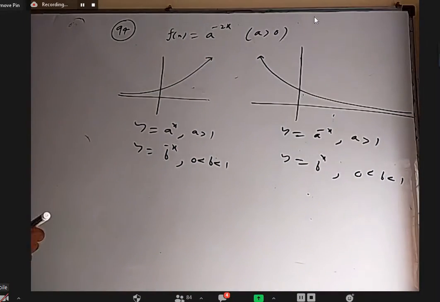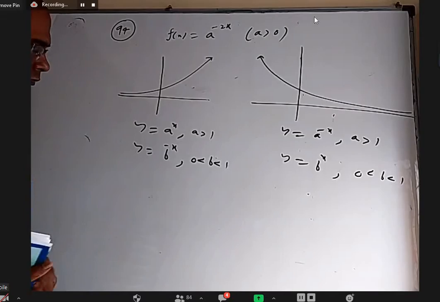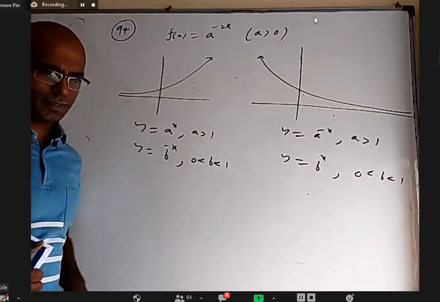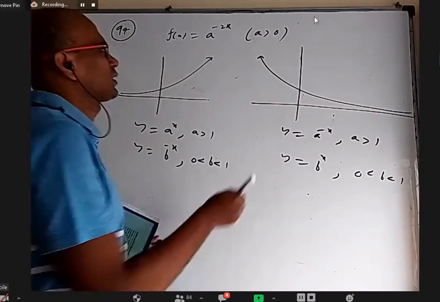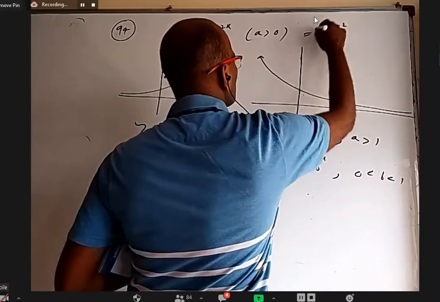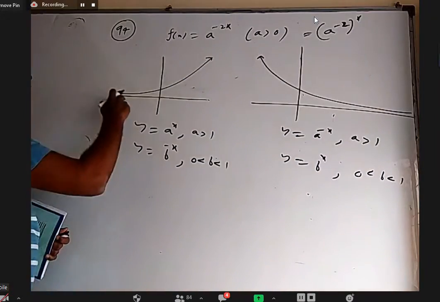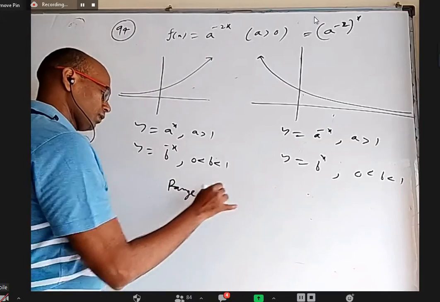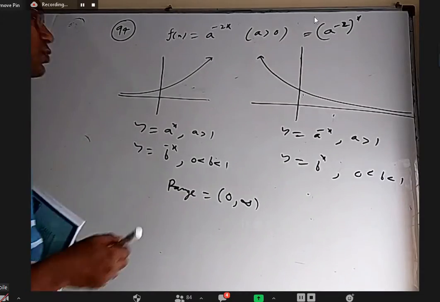Whatever it is, it will cover all the positive values. This also will cover all the positive. So when you take a^x or a^(-x), even a^(2x), you can write (a^2)^x. What is there? After all, this you can write (a^(-2))^x. Some positive number to the power x will cover all the positive values. That's all. So the range is the open interval 0 to infinity. It cannot be 0, but it can be every other positive number.